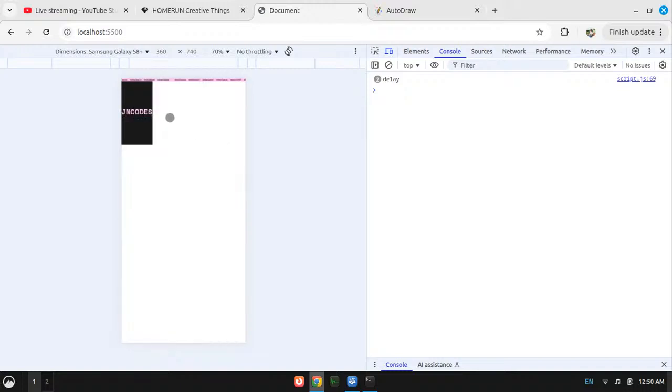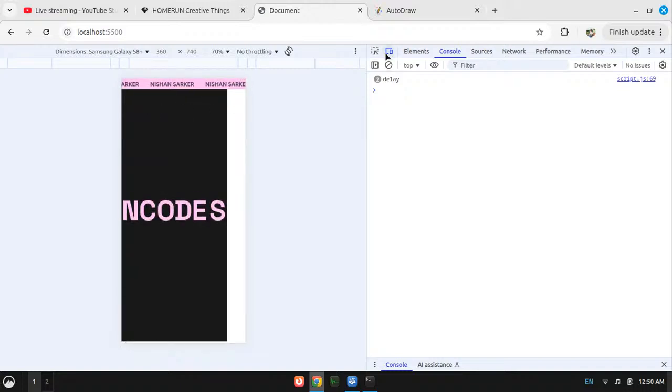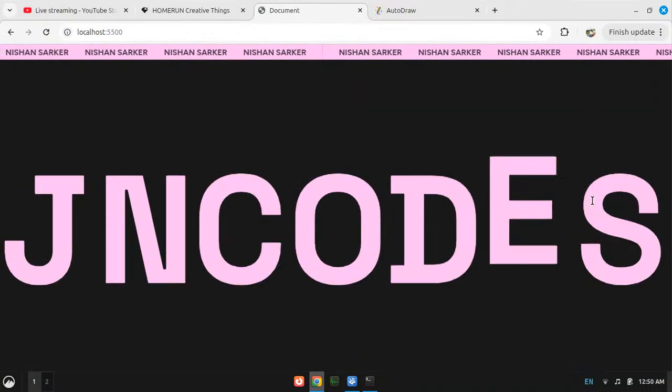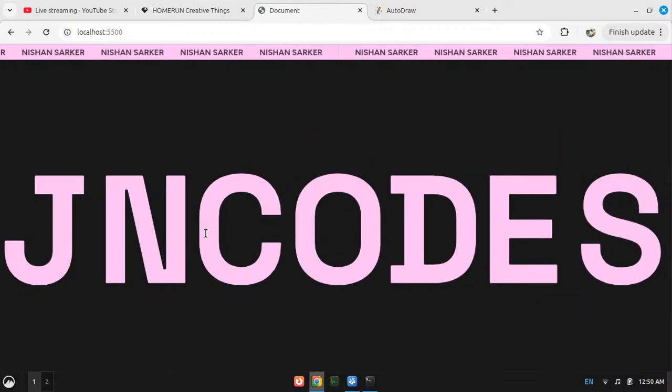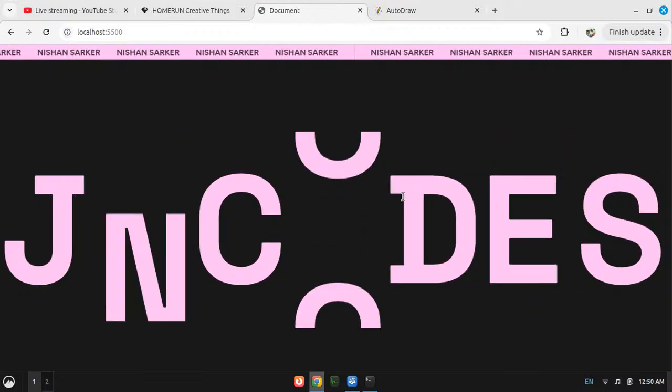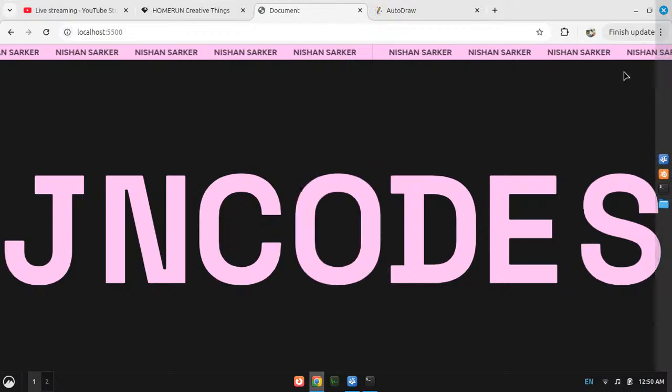Whoa, what was that? Didn't I actually hide the overflow? How is the thing able to detect, like able to see that? Well, I need to actually check this thing on mobile.